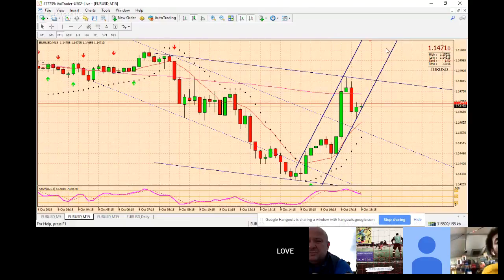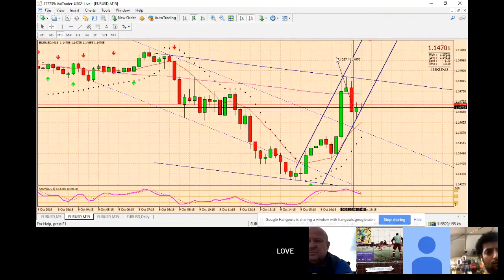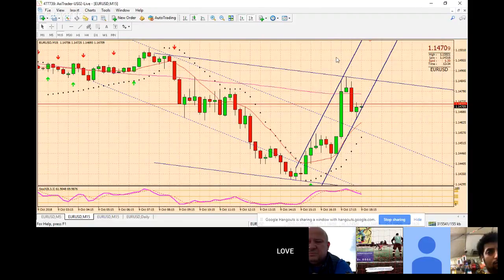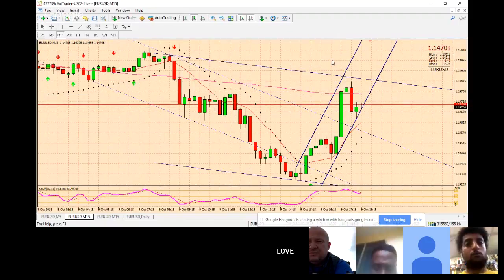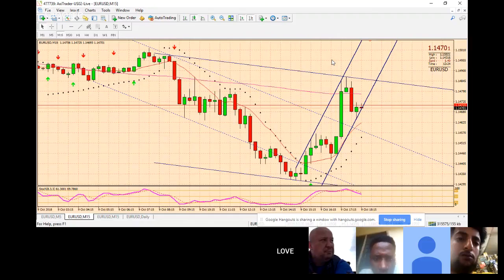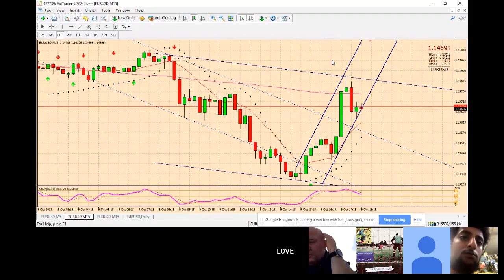Basically, that 100 pips is the same as the 30 pips because you're risking 3% for 30 pips, and for 100 pips you're risking 3% as well. The only difference is on 30 pips you're going to trade with a slightly bigger lot. When it goes to 100 pips, you're going to trade with a smaller lot. That's the only difference. Overall, when the trade goes and hits stop loss, 30 pips, you will lose the 3%. 100 pips, you will lose the 3%. So your loss is fixed.